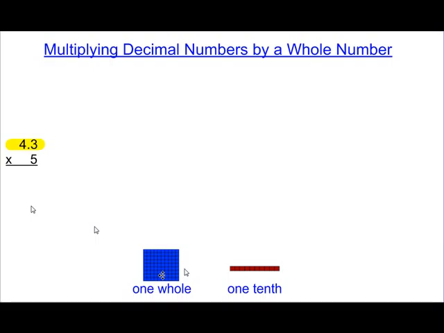And by representing this number using base 10 blocks, we have 4 flats, where a flat represents one whole, and 3/10. And 1/10 is represented by one rod. So we have 4 3/10. Excellent. So because we are multiplying 4 3/10 by 5, we're going to go ahead and repeat this step by